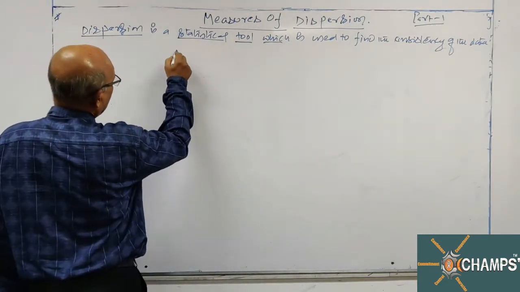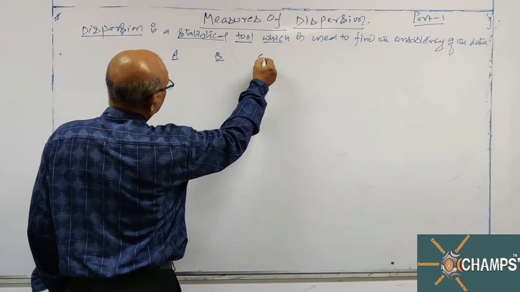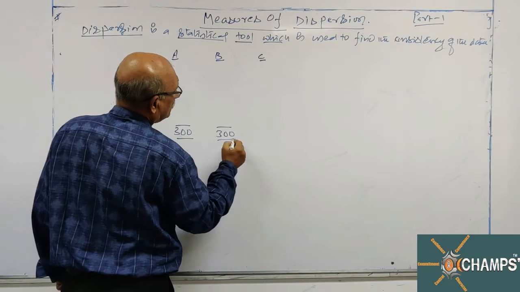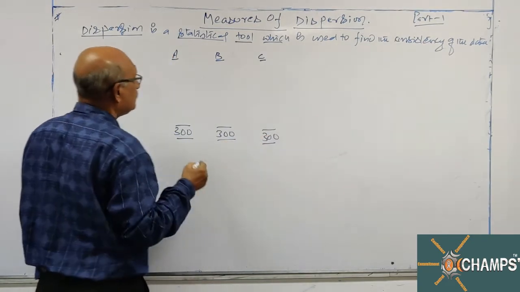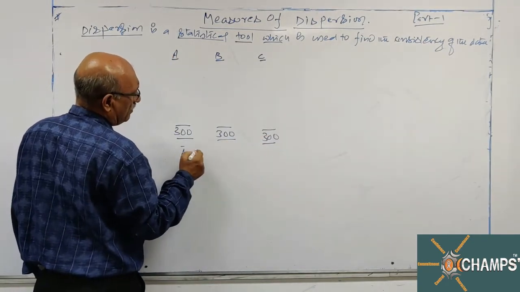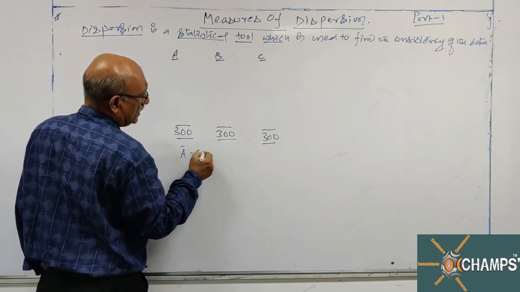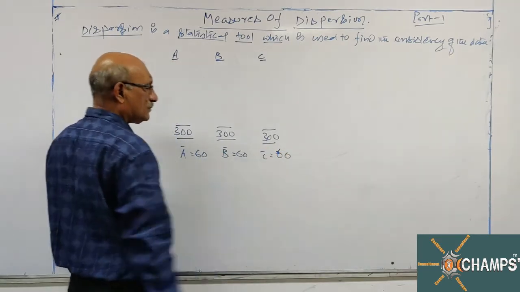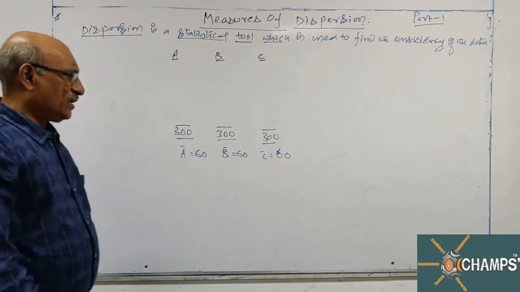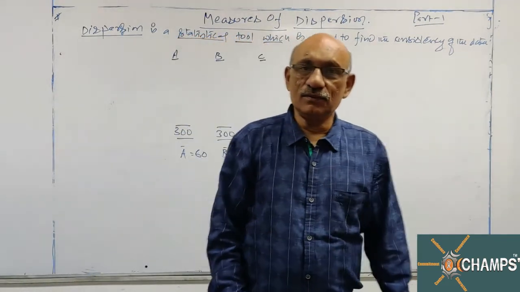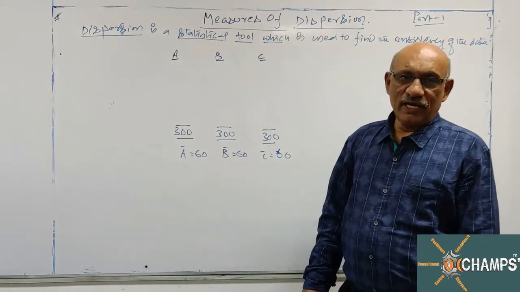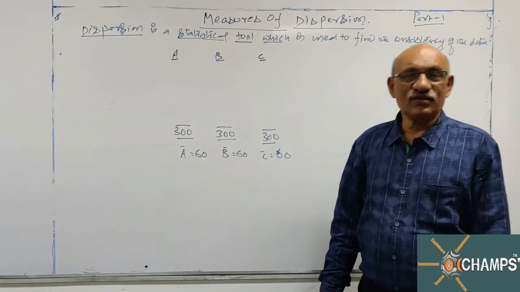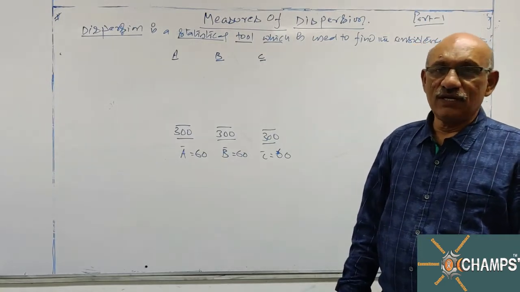Fine. Let us see, there are three players A, B, C. In the last 5 innings, they have scored 300. Their total is 300. When I calculate the average, A bar is equal to 60, B bar is equal to 60, C bar is equal to 60. What is the average saying? All the three players are equally good. You want to select one player into the team. So the data which is provided is not sufficient to select a person into the team.